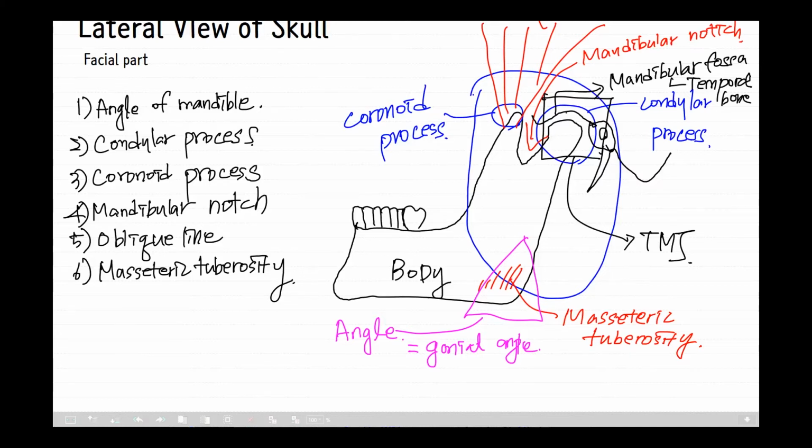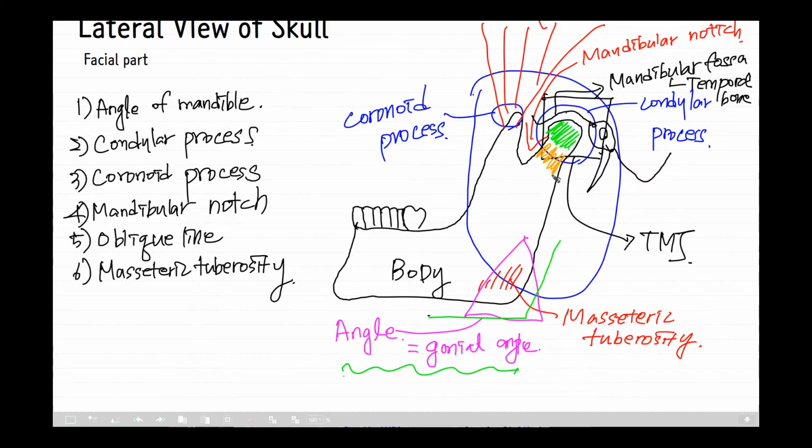Angle of mandible. A ramus on the left and the right side, the rami, the plural form of ramus, rise up from the body of the mandible and meet with the body at the angle of the mandible or the gonial angle. And the condylar process. The condylar process or condyloid process is the process on the human mandible which can be classified in head and neck. In this figure, this is a head and this is a neck.